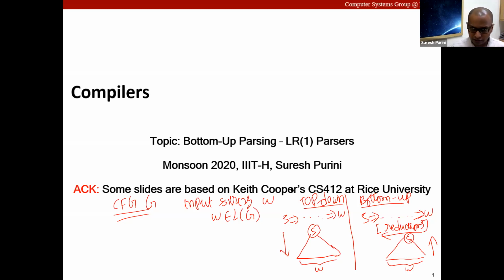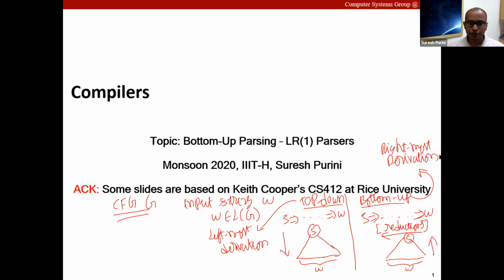And the other thing is, in top-down parsing, the derivation that we construct is a leftmost derivation. And we will see in today's class, in bottom-up parsing, the derivation that we construct would be a rightmost derivation. This is the summary picture.